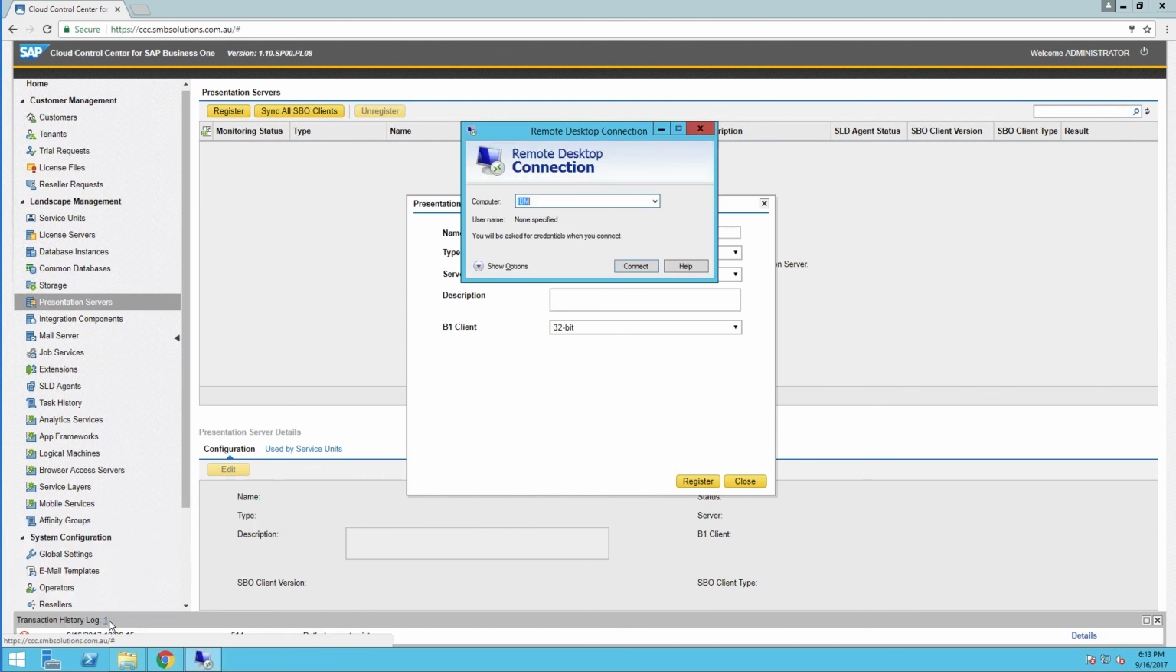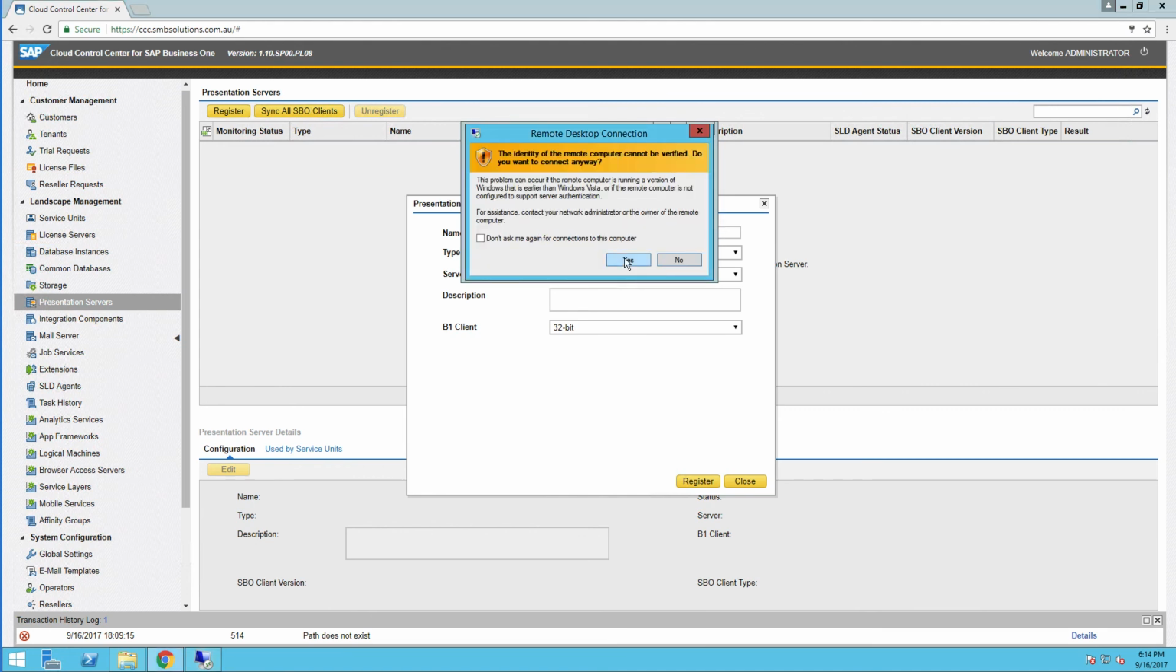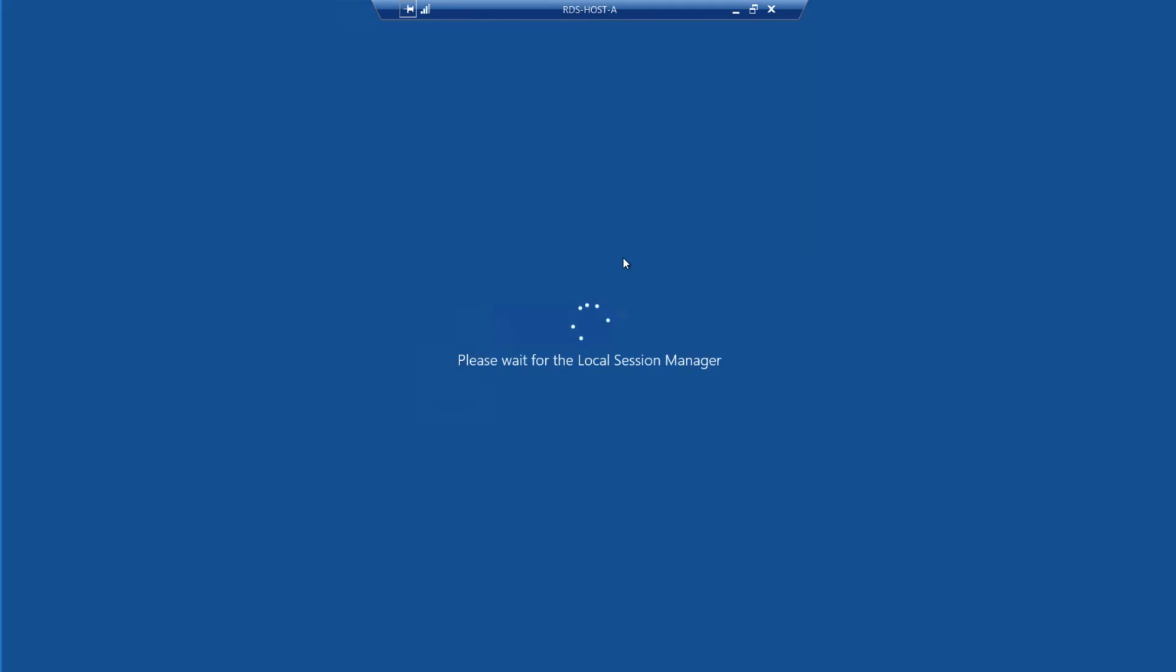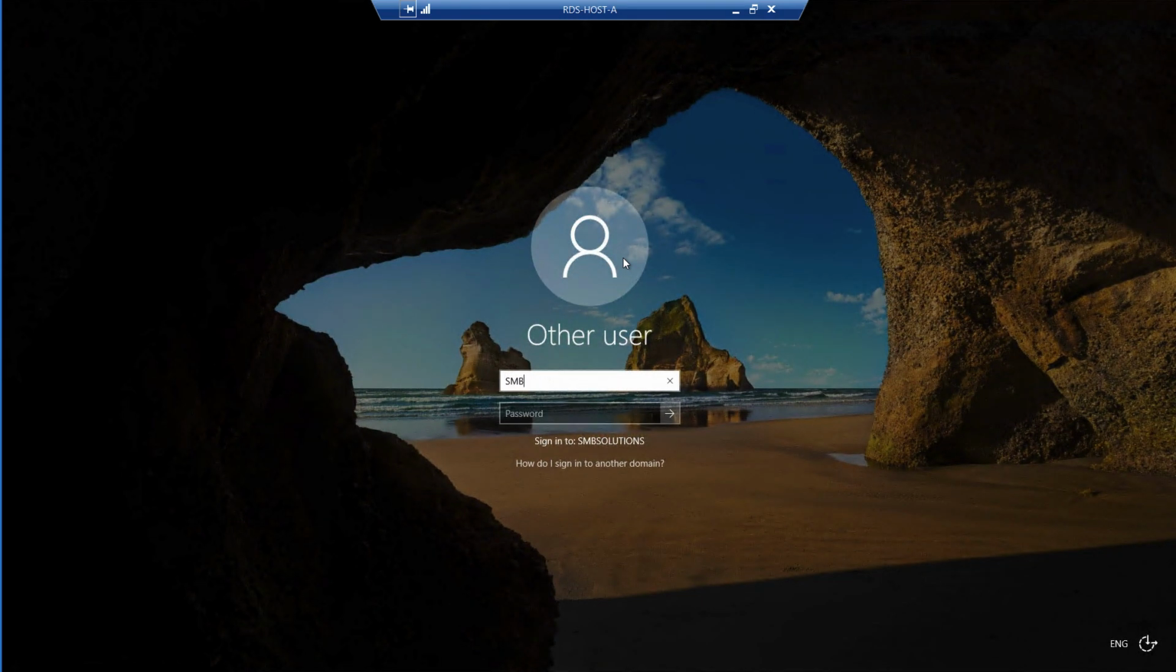And now it brings up my remote desktop connection, and I'll put in RDS-host-A, and then I'm going to connect to this machine, and I'll just say yes to that security message. And now it's bringing me into this machine. It's going to ask me to log in, so again I'm going to log in as SMB Solutions